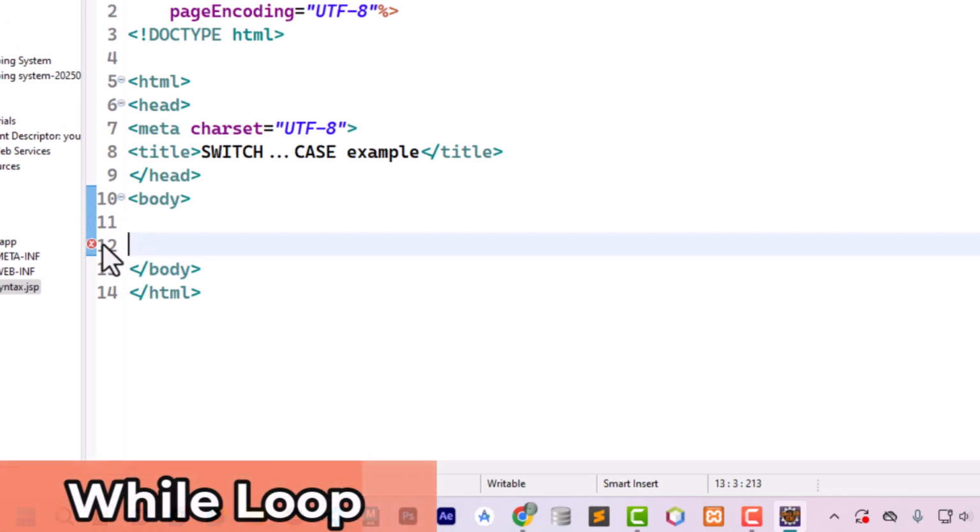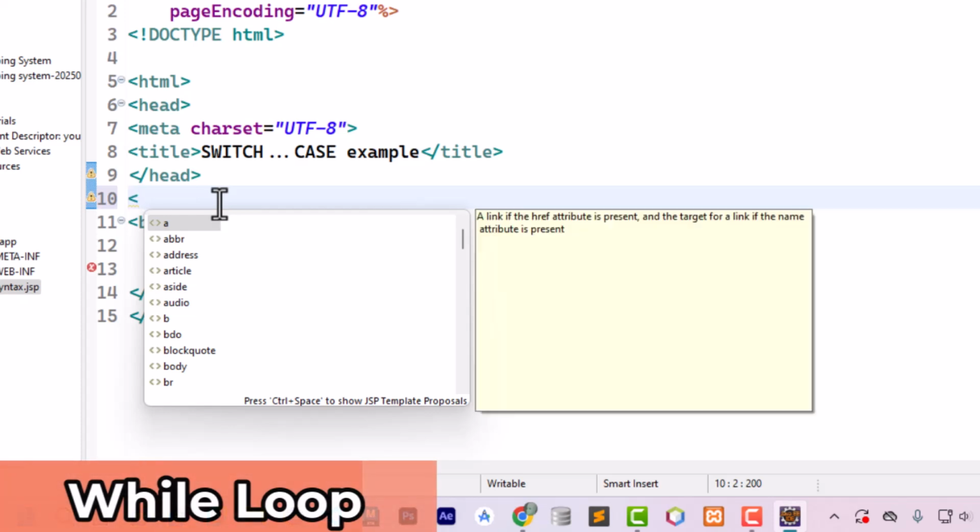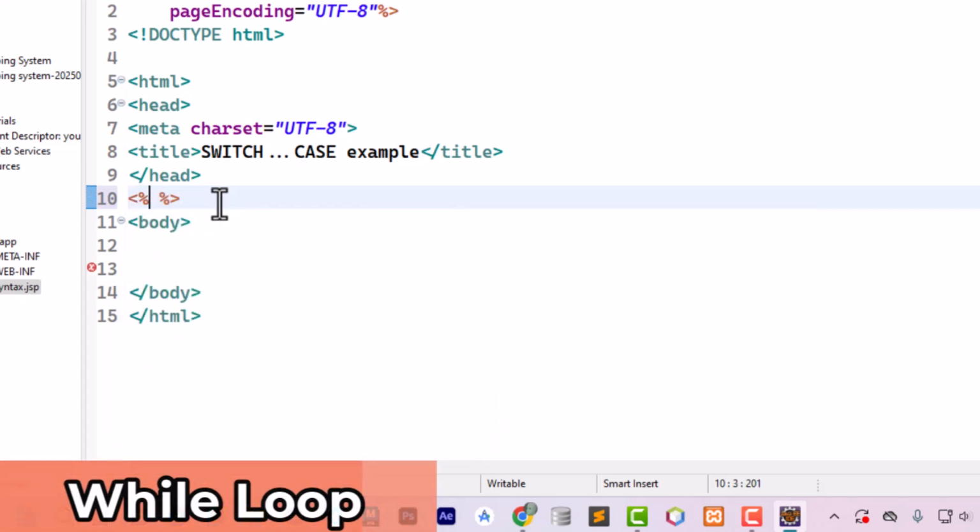Now I'm just going to declare a variable above here. Remember how you declare a variable in JSP, just like that. Now you can write int, again font size,